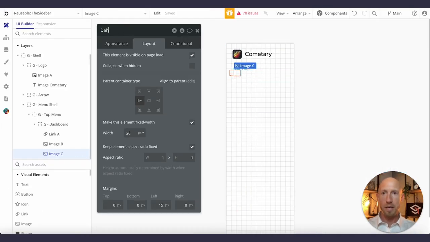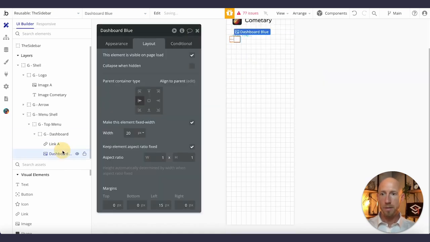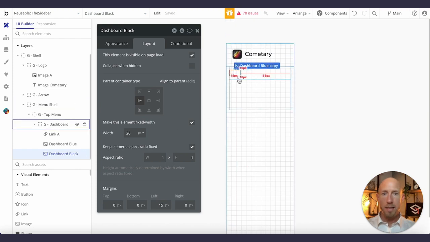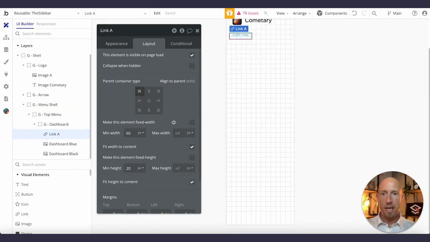We'll call this dashboard blue. And just copy and paste that. Dashboard black. And those will be for our icons. Okay, and then we've got this link. And what we want to do actually is we want to let this thing expand out